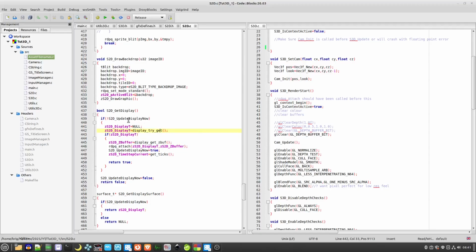And then if we are able to get that, the extra step we take is we also now get an additional surface, which is the Z buffer for working with 3D. And then we attach both of these,